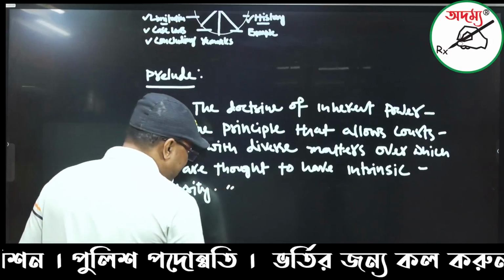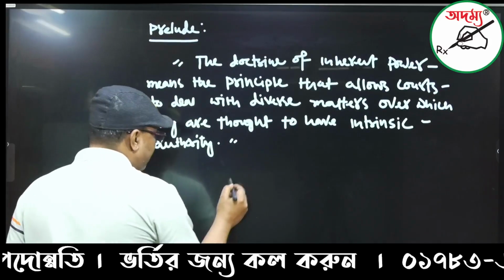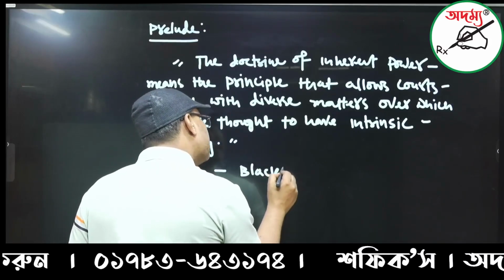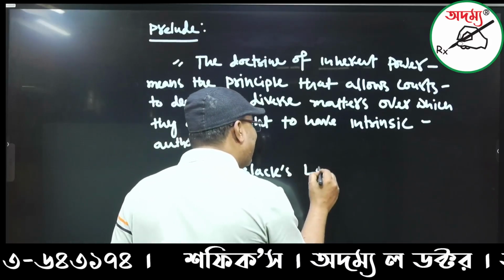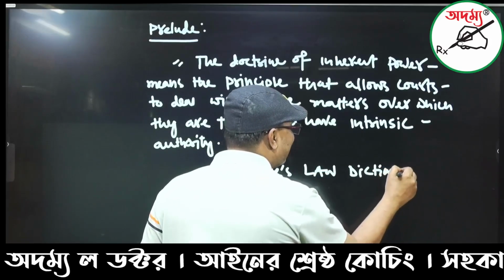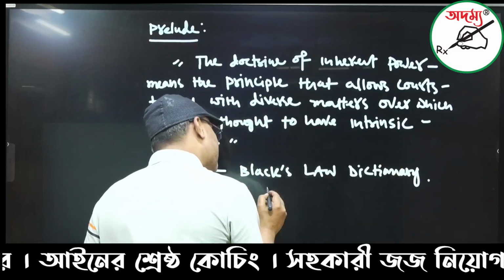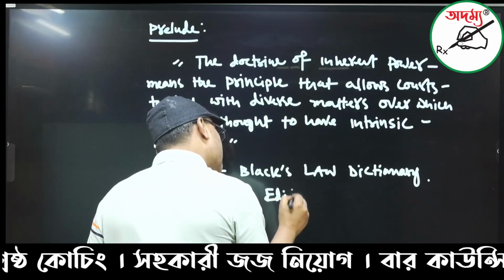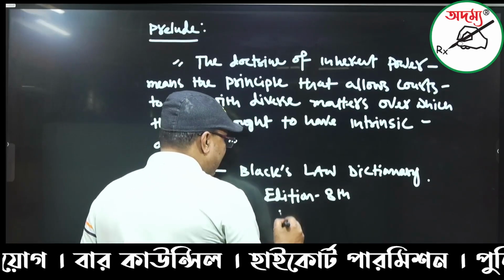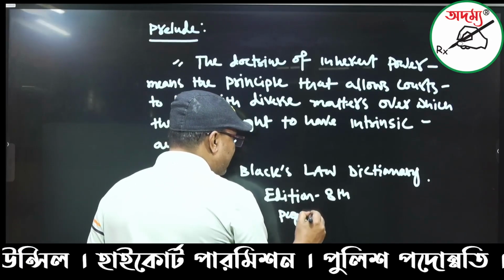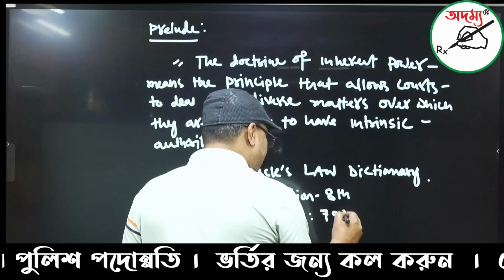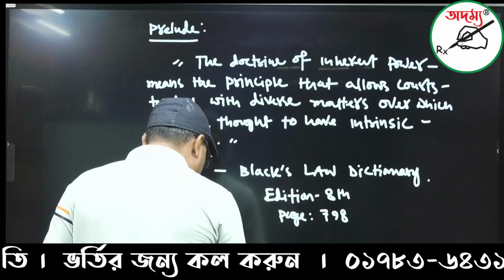And the closing remarks, this is the inverted comma. You have to put it out like this: Black's Law Dictionary. What an approach here. And that should be prescribed in such a way. This is edition 8. What is actually edition? And not only that, there is the page number. What exactly is the page number here? This is 7098. So that page should be prescribed in such a way.